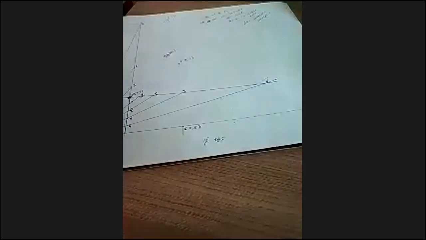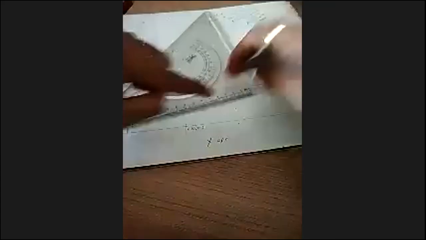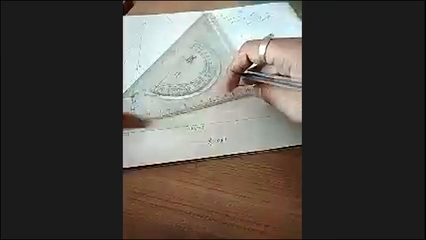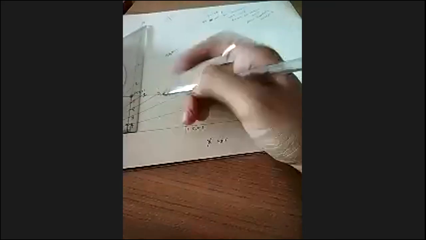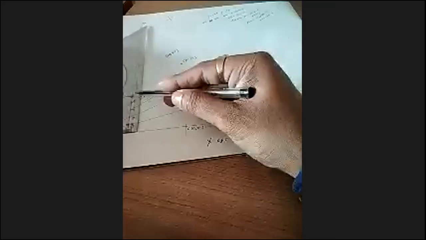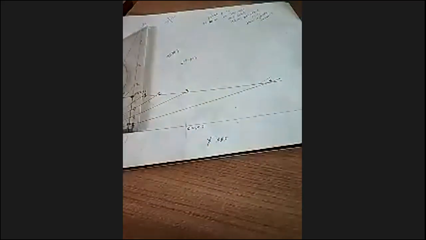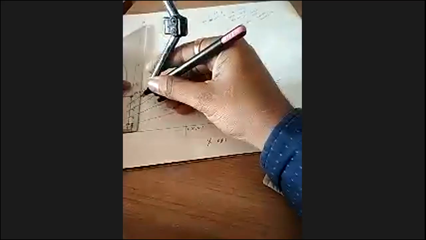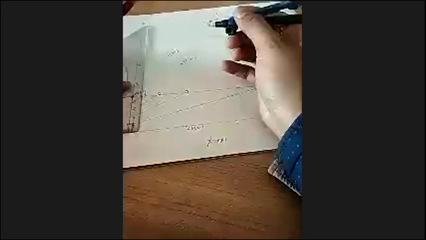So the best is to use that square. See how we will use. We know that this is horizontal line, so we will align this edge, this horizontal edge, this. So automatically point, I will match this edge with intersection of this A. 1. I will use some other color. I got my vertical line with ease. Got it?